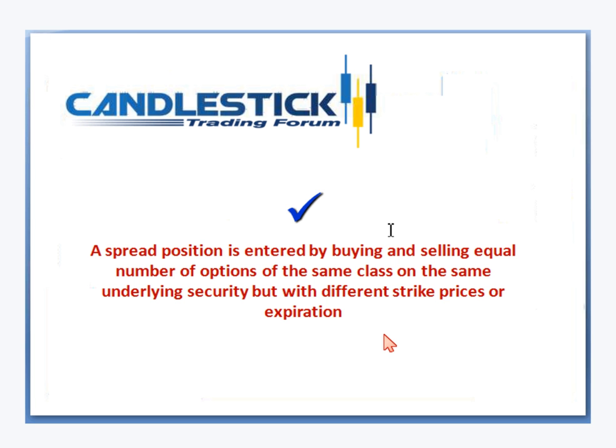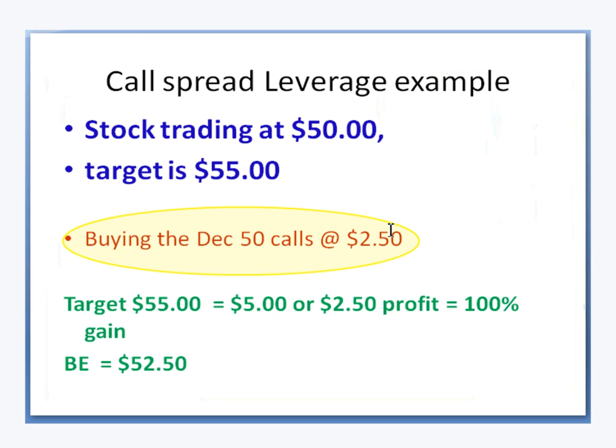So a vertical spread is if the stock's trading at 50 and you'll be buying the 50 calls and selling the 55s. And what that does, stock trading at 50, and let's say your target is 55. If you bought, I'll just use this as a December call at $2.50 and your target was 55, that means it will go to $5 or basically a $2.50 profit or 100% gain. Your break even is going to be $52.50. Now on the other hand,